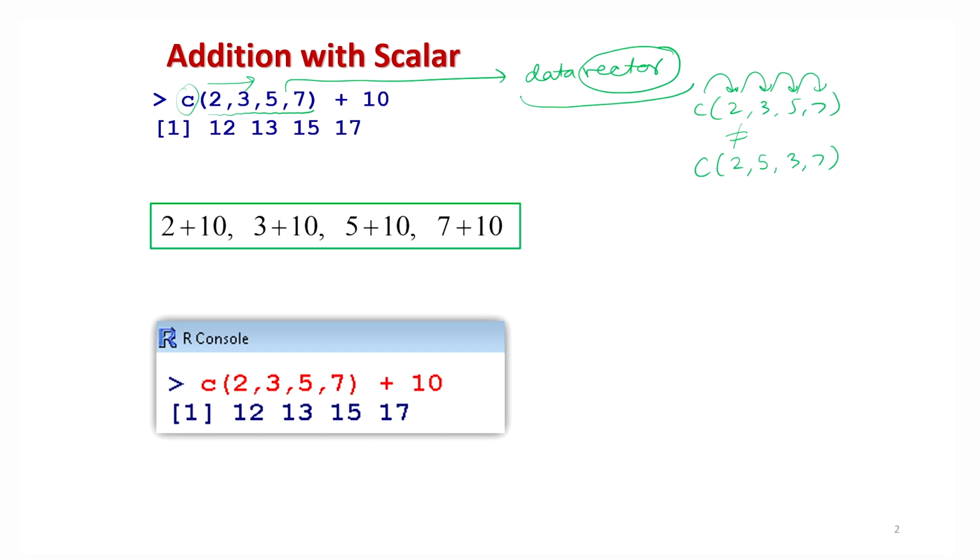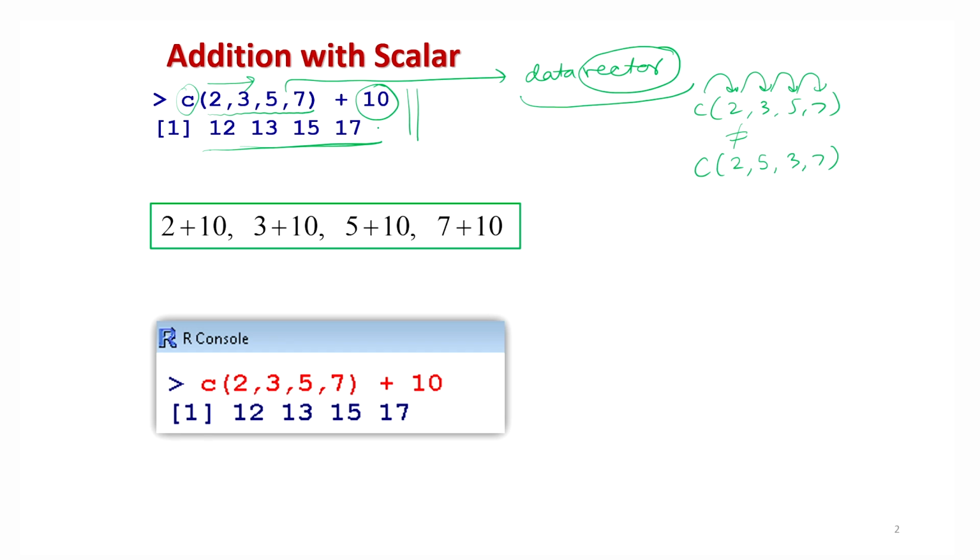Now first let me take how mathematical operations are done when one component is a data vector and another component is a scalar. Just for the sake of understanding, I am going to take only very simple examples with only 2 values in general, so that I can explain how R is going to work. I am going to do this with the help of several examples. Here I am taking the example c(2, 3, 5, 7) and a scalar 10 is going to be added. The outcome here is 12, 13, 15, 17.